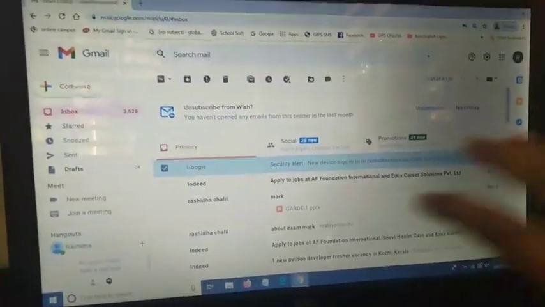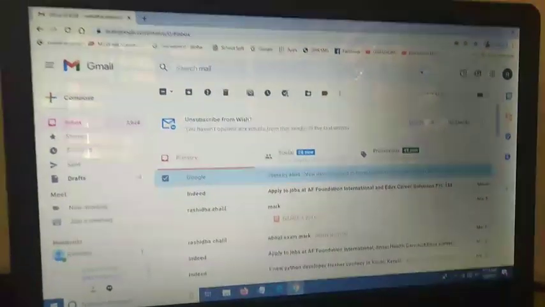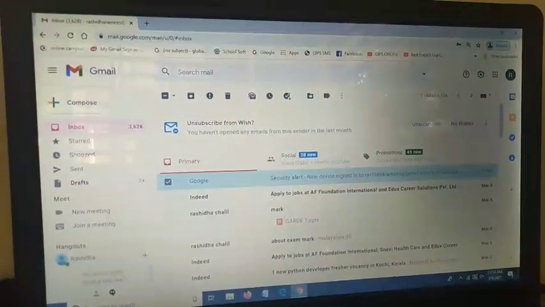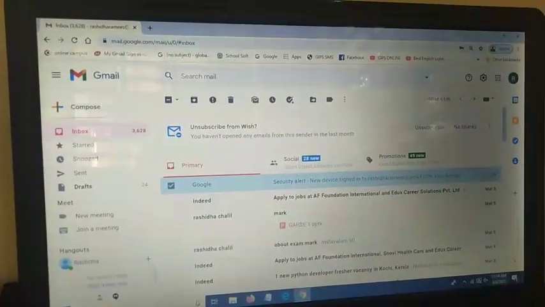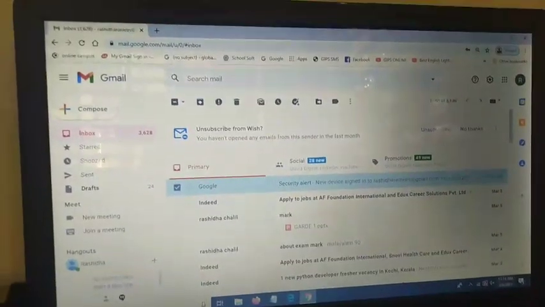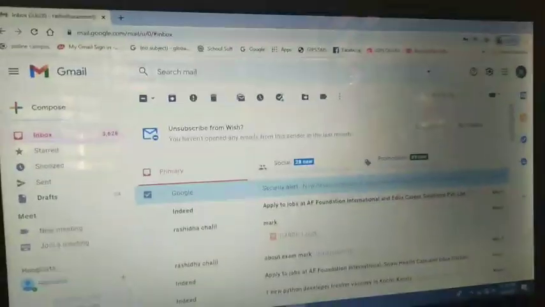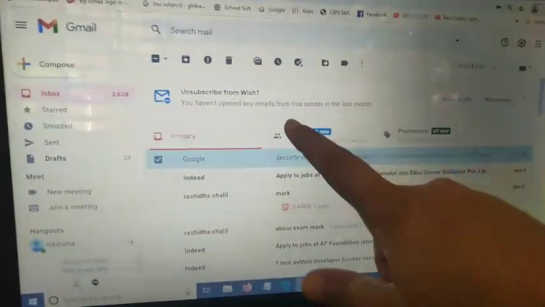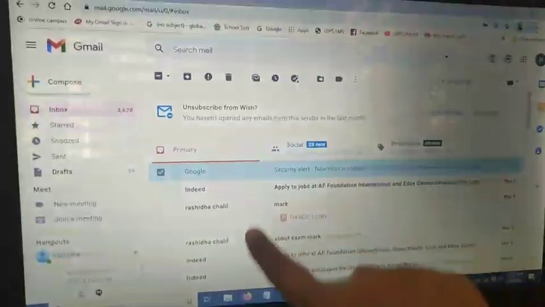So this is my email account window. When I type my email account and enter the password, after clicking the enter key, I get this window. This is my email account, and these are the mails from different senders.